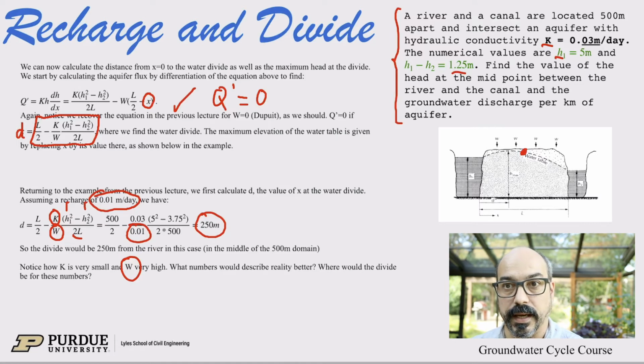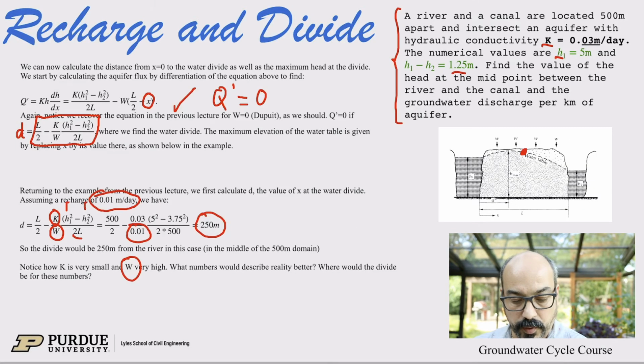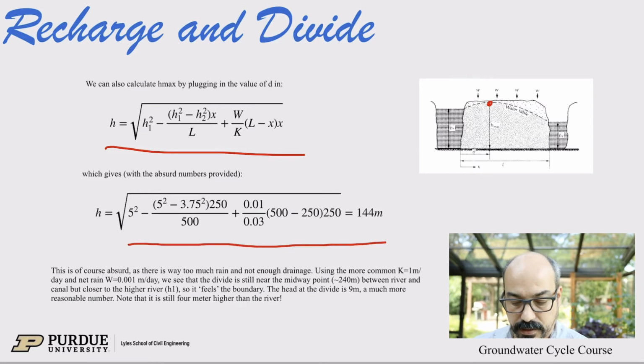We can also calculate H max, the maximum elevation. So now we can just replace in the equation for H that we had before. We know what the divide is. That's 250 meters, right in the middle for this example. So if we replace with the numbers that are given right here, 250 and all the parameters that are given, you can see them here on the bottom with everything replaced, and you can see that the maximum head is 144